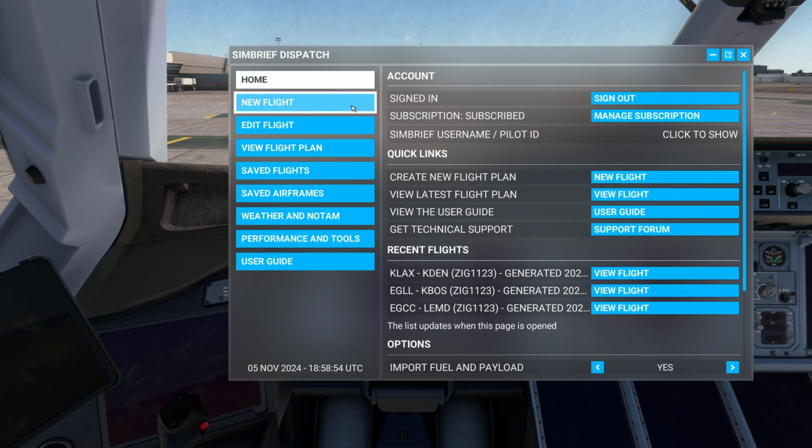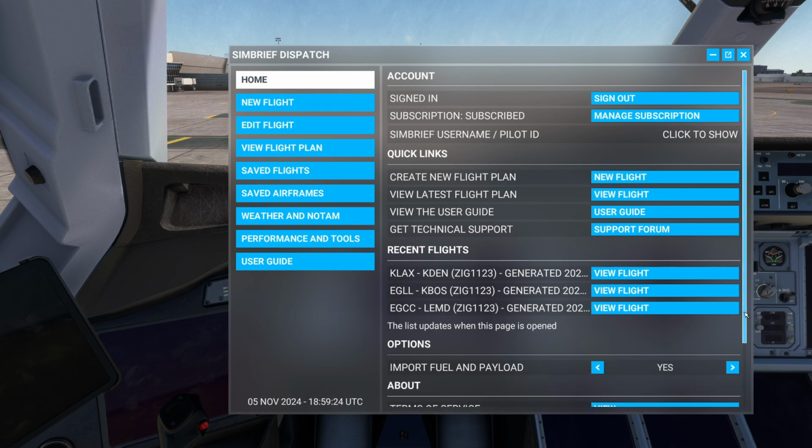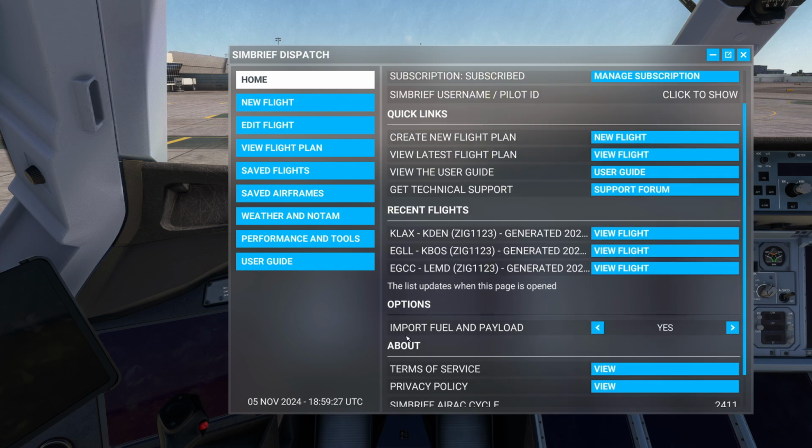So the first thing you need to do is just go ahead and sign in. I'm already signed in with my user account here in Simbrief. Just click in there, put in your credentials, and it will link your account to the dispatch planner here, and that's all you need to do. And then over here you have your latest recent flights. You can view them and you can select them if you want for the flight. There are a couple of options here that are also very useful. If you want to import the fuel and payload, you select yes,